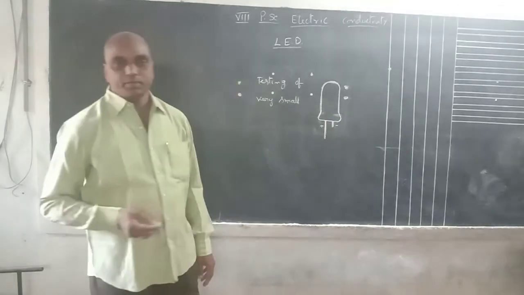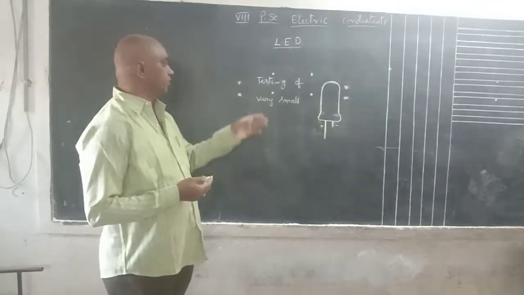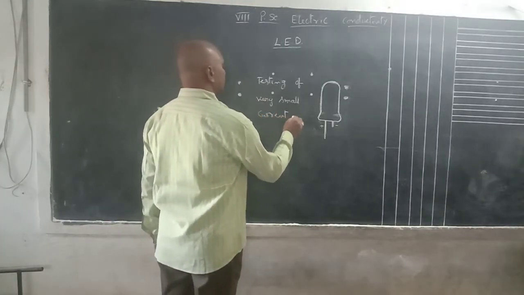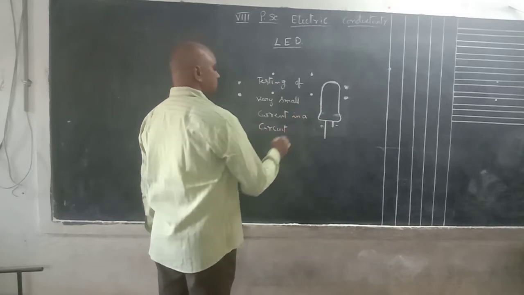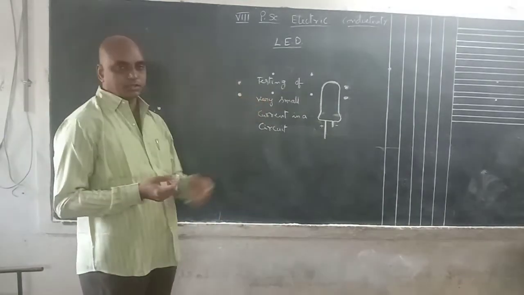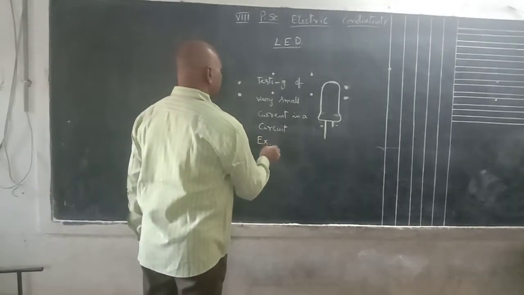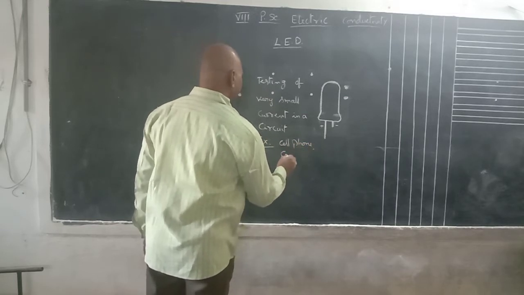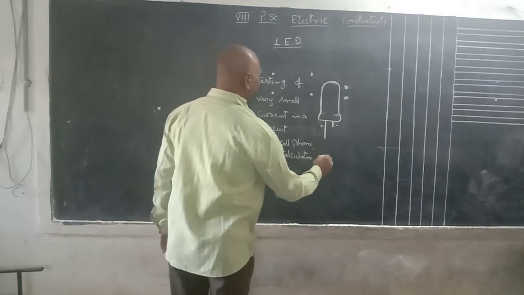What is the use of an LED? This is like a tester, for testing a very small current in a circuit. Suppose a very small current is there in a circuit, you can identify it by using these LEDs. Examples: cell phone, calculator, TV remote,